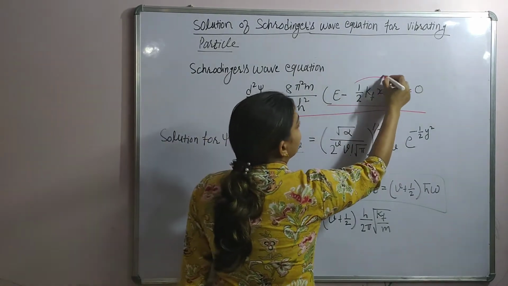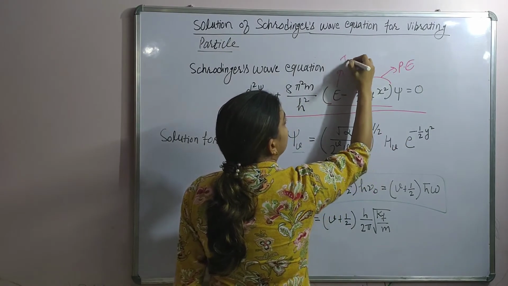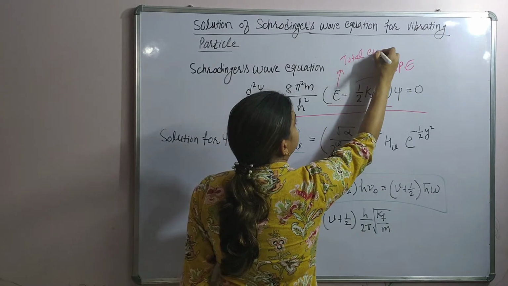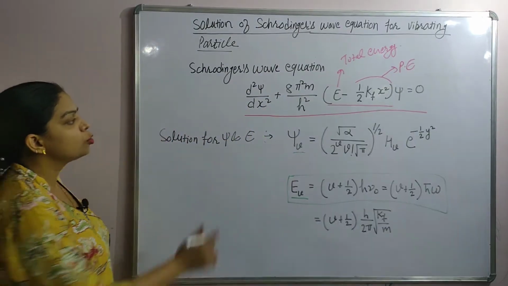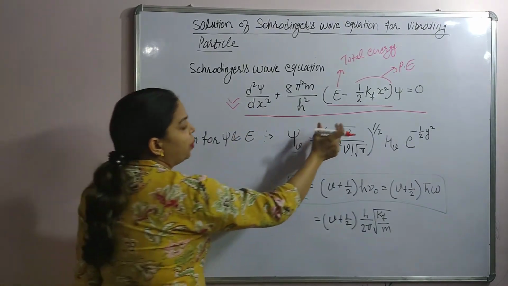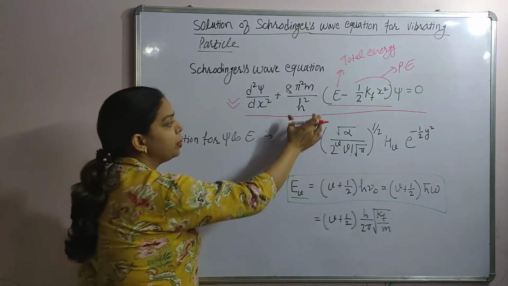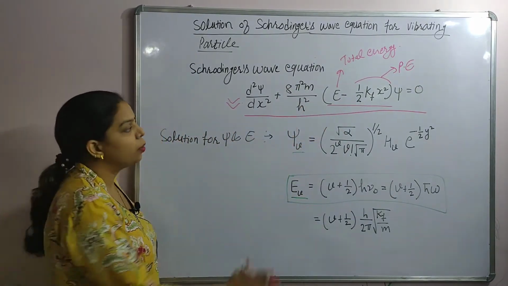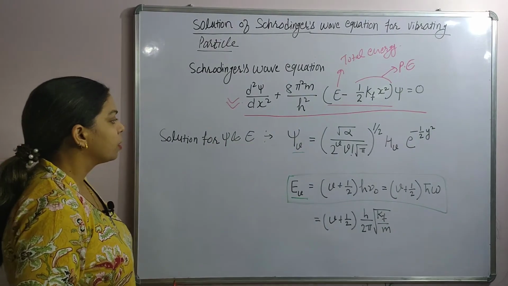This factor was for the potential energy, and this is total energy. All right. So solving this equation is complicated because we need to substitute some factors over here to simplify this equation